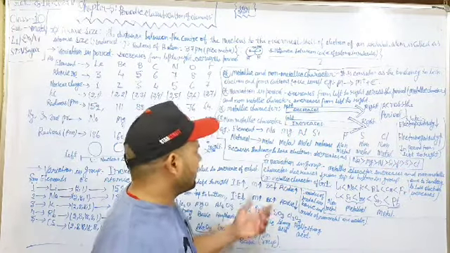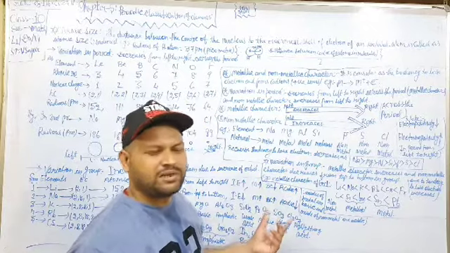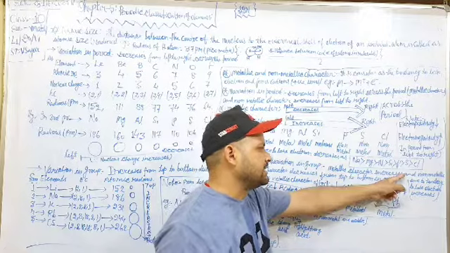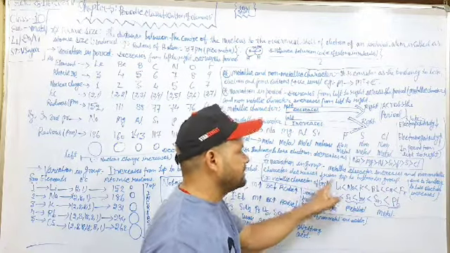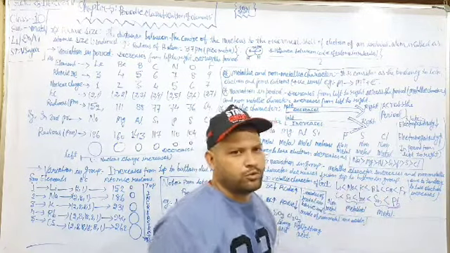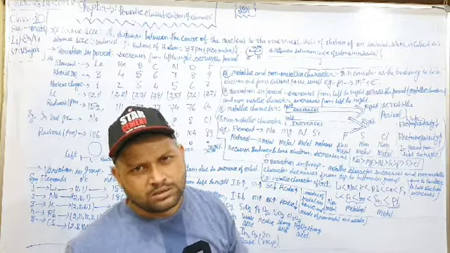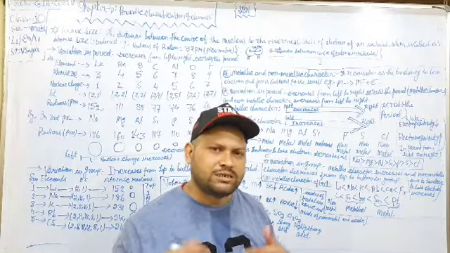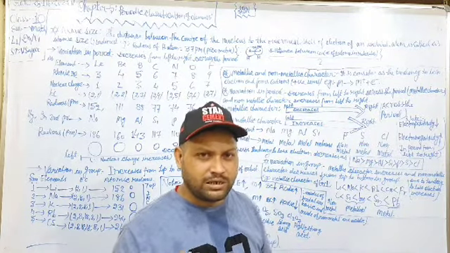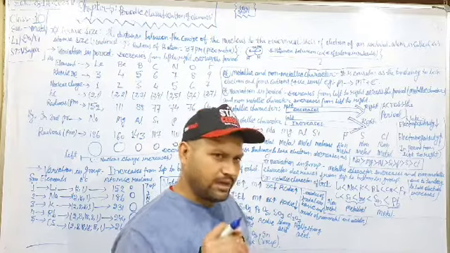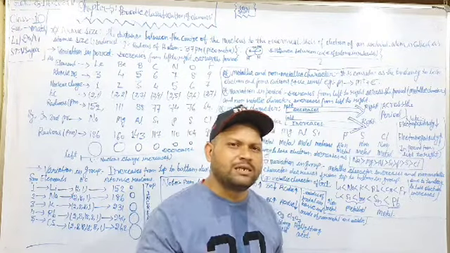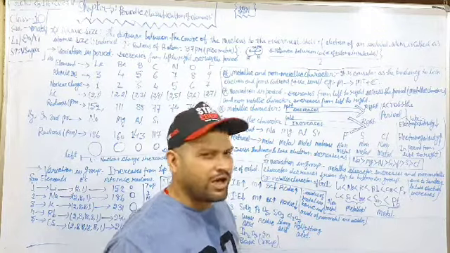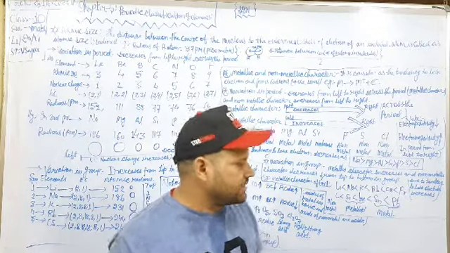Okay. Now variation in the group, the metallic and non-metallic property. Metallic character increases and non-metallic character decreases from top to bottom in the group. As we can say, the number of orbits increases, that's why the tendency to lose the electrons increases. If the tendency to lose the electrons increases, the metallic properties of an element increase. That's why non-metallic properties decrease.